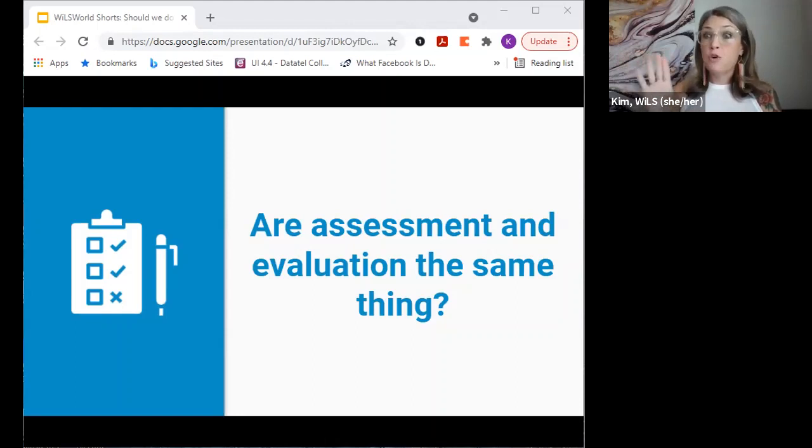Today, we're going to be focusing more heavily on evaluations. I'm going to be taking this example that I just gave you and really fleshing out how you would do that using a case scenario example. But I wanted to take a moment here on the front end to differentiate between the terms assessment and evaluation, just because I think it's helpful to understand the ways that those different terms are used in the research world. So they are absolutely related activities, but they also are distinct when technically speaking.